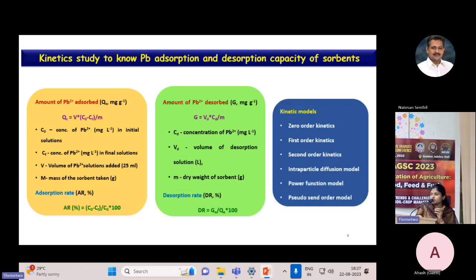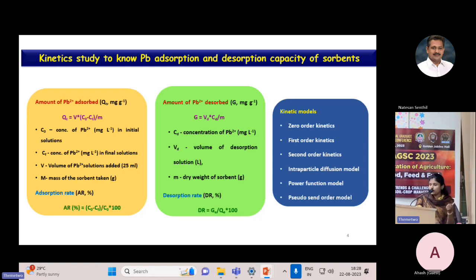From the lead concentration obtained from the solutions, we have calculated the adsorption rate, amount of lead adsorbed, amount of lead desorbed, and desorption rate. Using the data obtained for the amount of lead adsorbed, we have fitted it into various kinetic models, which have been shown here, in order to delineate the mechanism which governs the immobilization of lead in